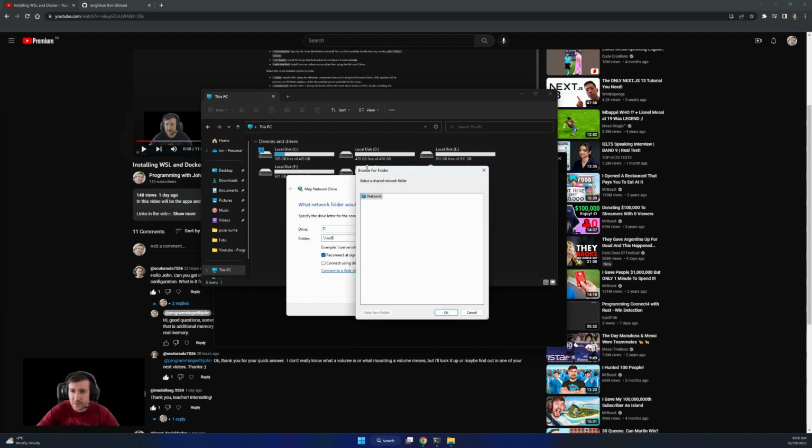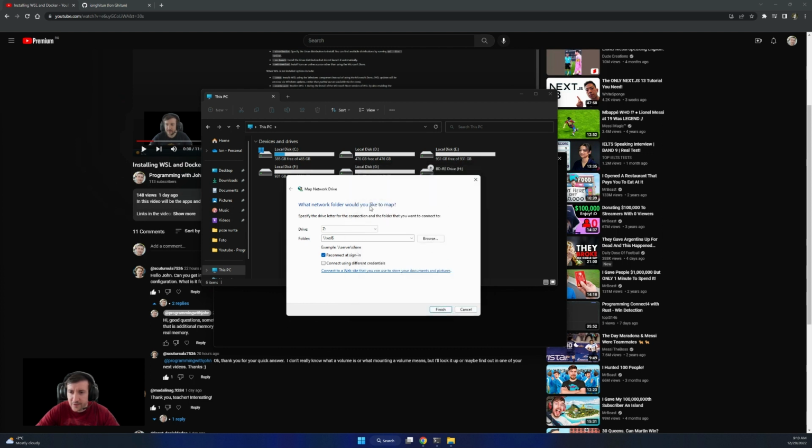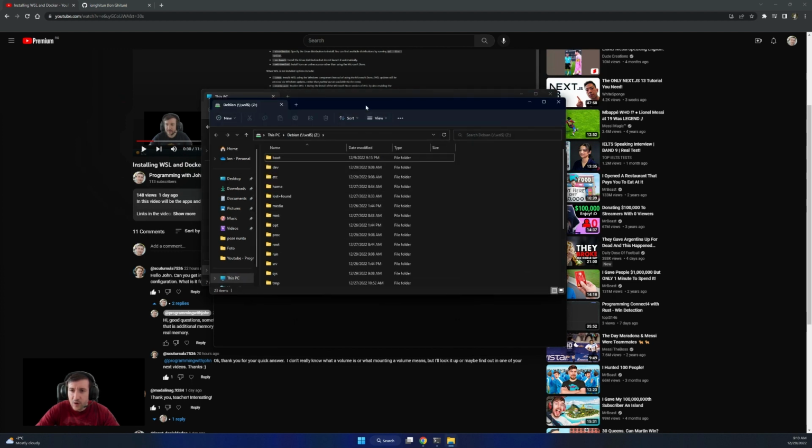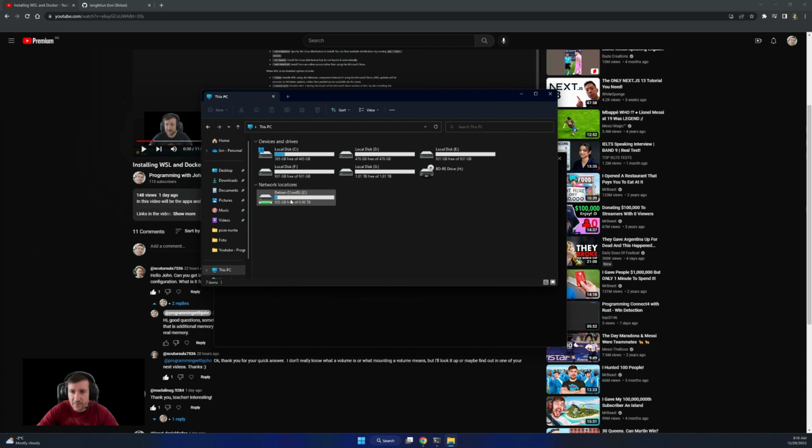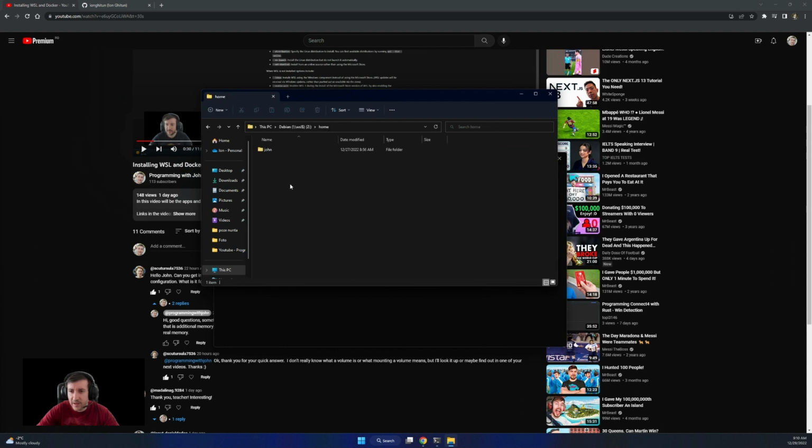Let me copy that. So we're going to browse. Okay, it's not working. Okay, so we have WSL and Debian. So like this, reconnect at sign-in, and finish. Now we have full access to Debian. If you want, you can go further and map into home and user to be directly in here.